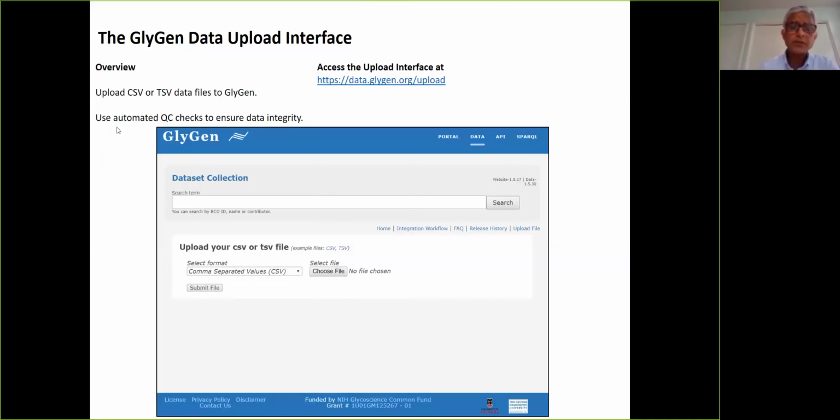What it will do is some automated QC checks to ensure data integrity. A lot of things could have happened. Let's say the table was generated 2 years ago, and since then some of the accession numbers are retired. So one would need to map them to new accession numbers. And all of this is important to maintain a resource which is highly interconnected, because as soon as the data gets integrated, you can then